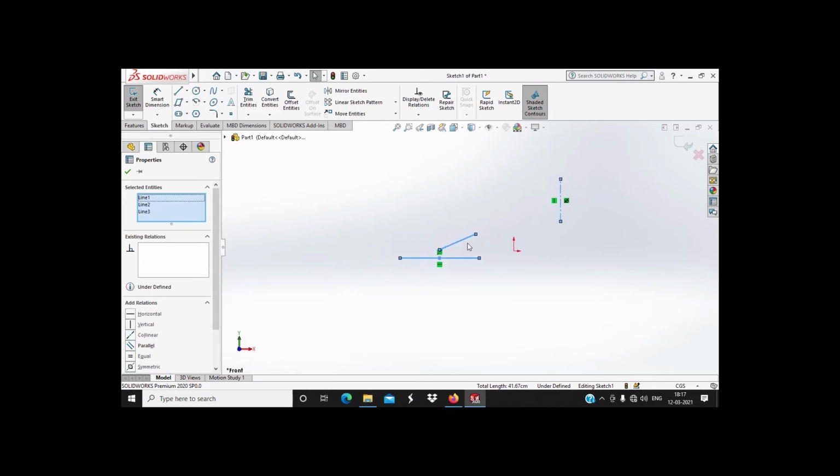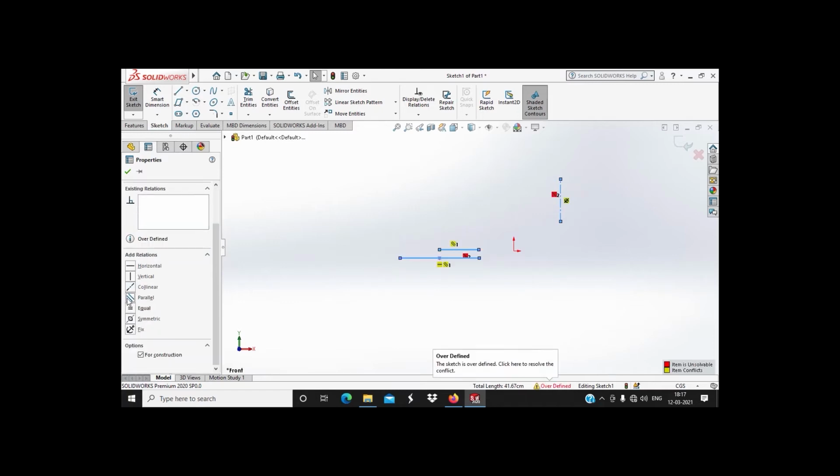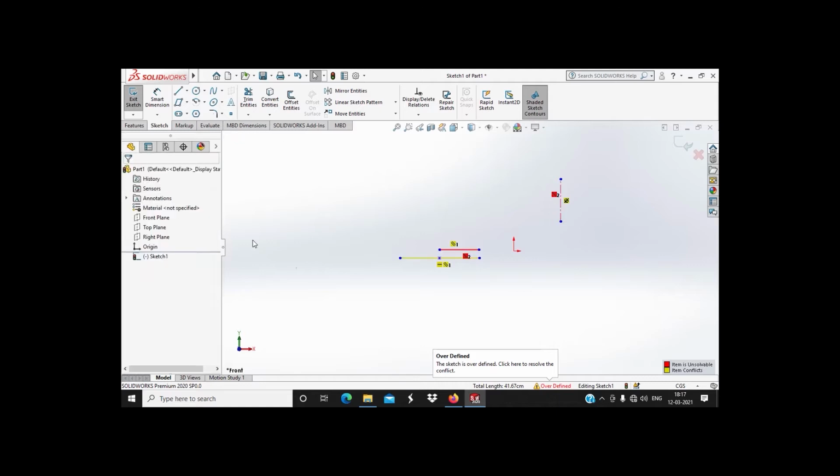If we want to make these two lines parallel, click on this parallel option. Now these two lines are parallel. We can also make horizontal, vertical, collinear, equal, symmetric, fixed, etc. There are different options like this. Then click OK. Now these two lines are parallel. Next.